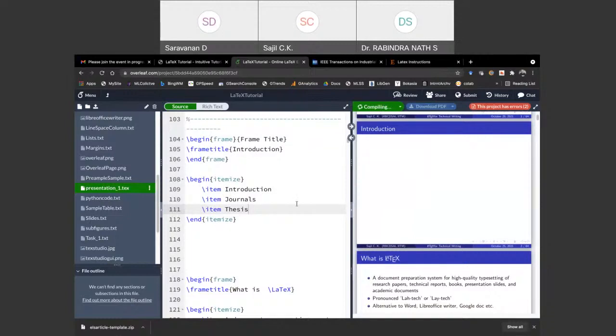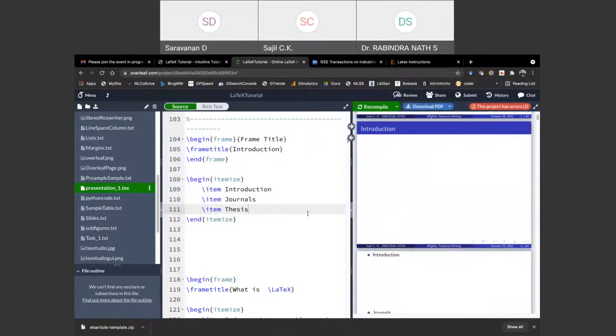You can use the same thing for presentation slides also and get it compiled. So you can add a slide in between anywhere.